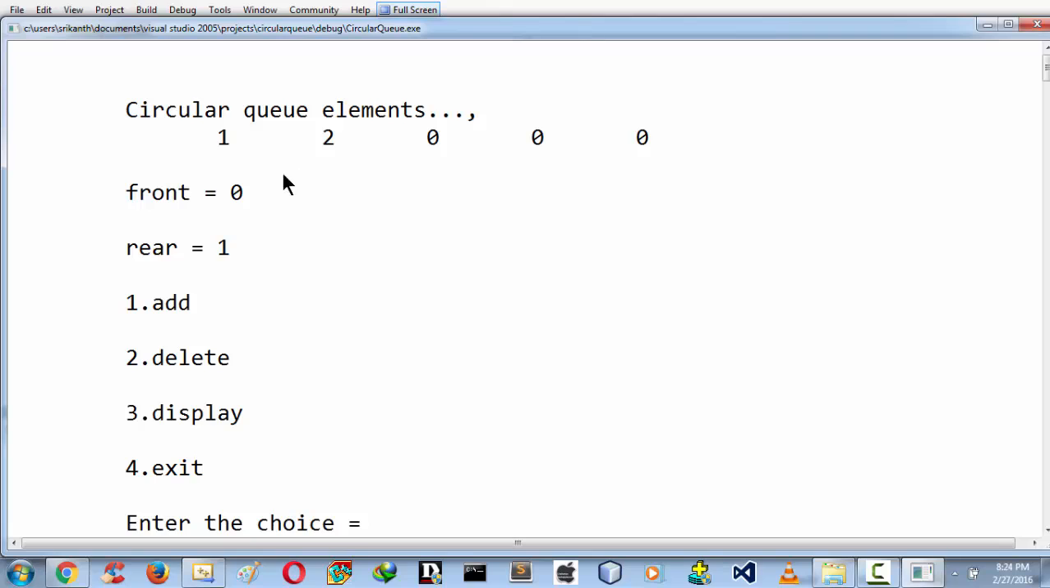The front always remains 0 and the rear gets incremented. So initially both front and rear are 0 and 0. Okay, so now the rear got incremented, and since we have two elements, the front remains 0 and the rear gets incremented. Since the law of a queue or circular queue says that the element should be entered from the rear position. Okay, so if I take choice 1 to add an element once again,